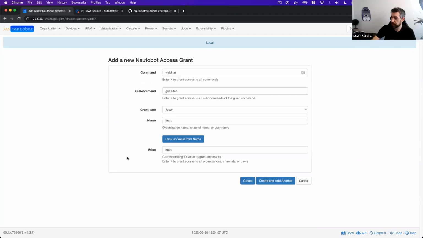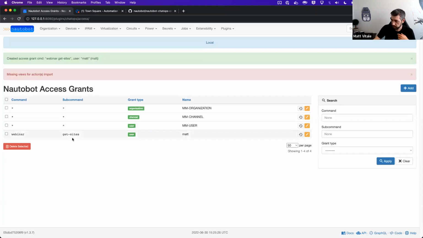Also, just to show that real briefly, I can't necessarily demo it at the moment. However, what I'll show is we have an access grant that I can create to allow me as a user with username Matt access to this webinar command, and the subcommand specifically get sites. I could say you can use any /webinar command or just get the sites. So if I create this, it'll populate here. Now I can't demo it at the moment because I don't have this user set up in Mattermost, and these wildcards will override it, but that's a way to limit my personal access to only this one subcommand,